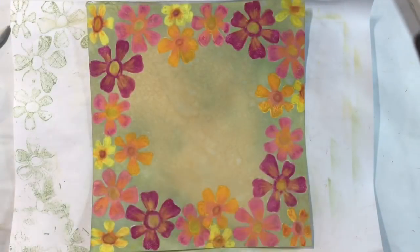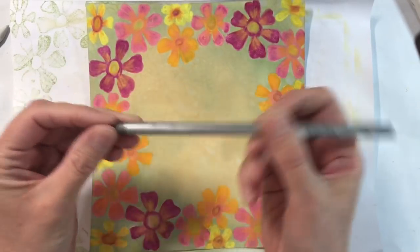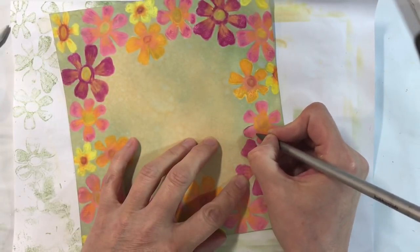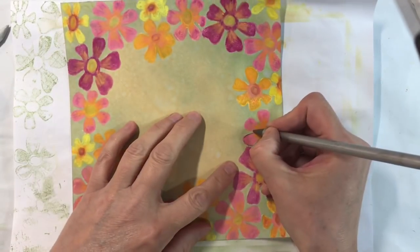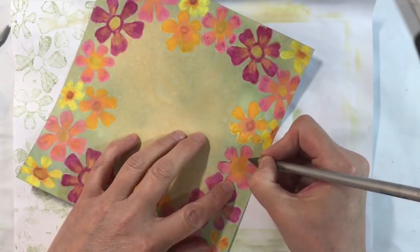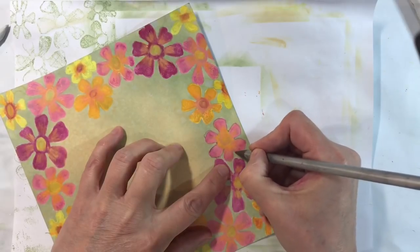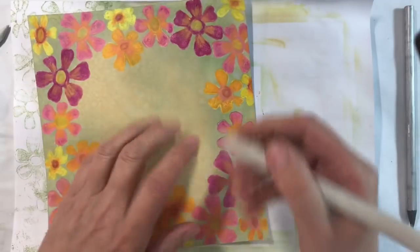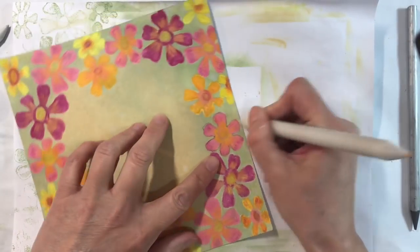My flowers are all coloured now, and I just want to outline them. I'm just using a Hobbycraft graphite pencil, and I'm just going to go around the outside, and I shall smudge this again with my blending tool. This is a 4B, which is quite soft. I've lost the one that I was using the other day, so I'm just going to go around this with some scribbly lines, just as I say, to define my flowers before I add my focal image. So let's just go over this just to sort of blend that out,